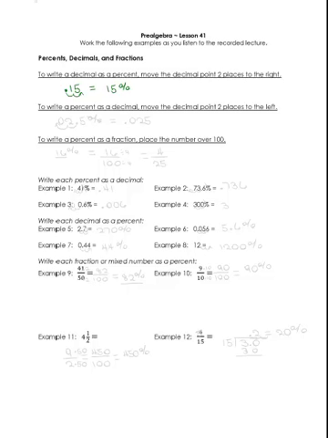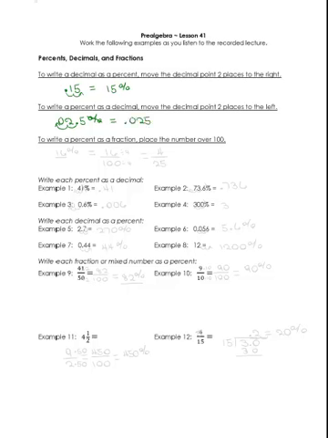Pretend, if you want to remember which way to move it, that your percent sign acts like a magnet, and the decimal point is a magnetic nail. If the percent sign is added, the decimal point is going to move 2 places toward it. If you take away the percent sign, let's say we had the number 2.5 and it was a percentage, and we wanted to represent that as a decimal, our decimal is going to move in the opposite direction. It's going to move away from the percent sign this time, the same number of places, 2 places. This time we have to add a 0. So our number would be